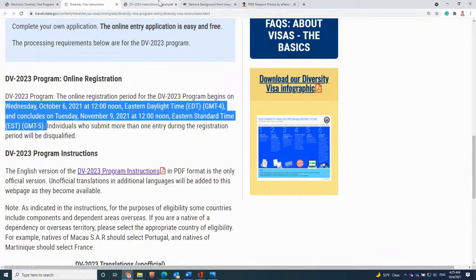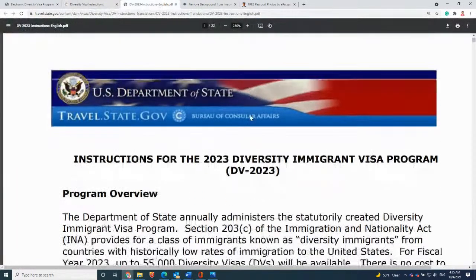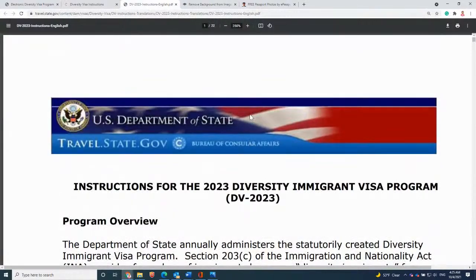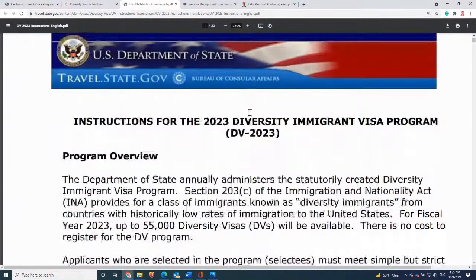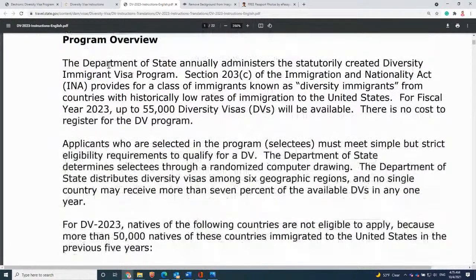If you click them, these are the instructions opening here. I'm not going through each individual instruction, but I'll capture some of the important parts of these instructions so that you can be aware of them. So let me start with a quick